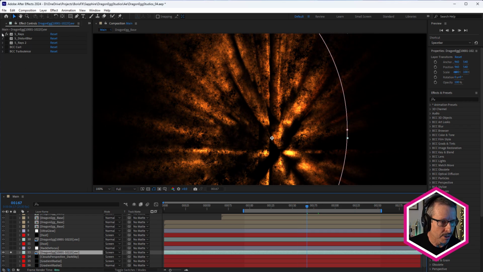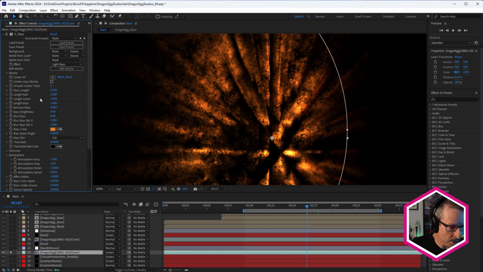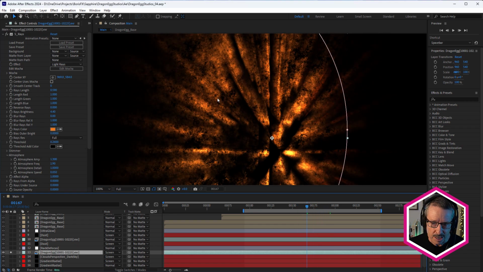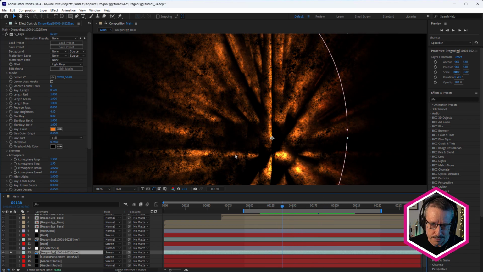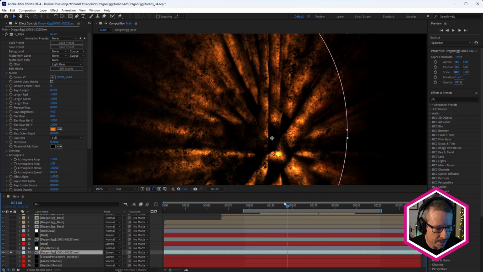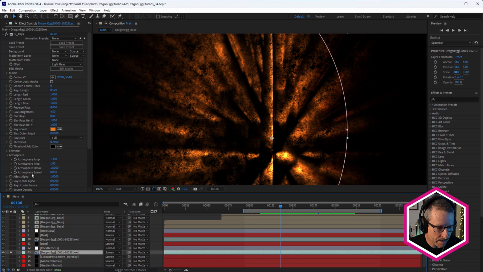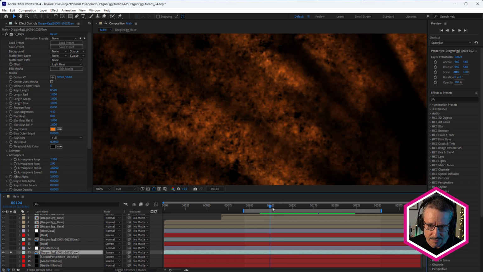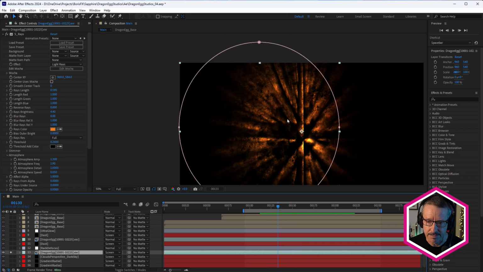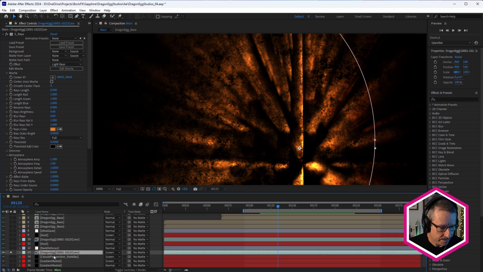So with S Rays, key things to point out here, it's pretty simple. I didn't do too much to it. The main thing is I've used atmosphere. If I bring that to 0, that's what we have. So the sort of classic rays look, but I wanted to have a more smoky feel to this to match what I had created with Cloud's perspective. And that's the sort of style that we have. You can see that atmosphere also has an atmosphere speed setting. You zoom in here, it also has a kind of boiling look to it as well, which matches the boil mode in Cloud's perspective. So that was the first effect.